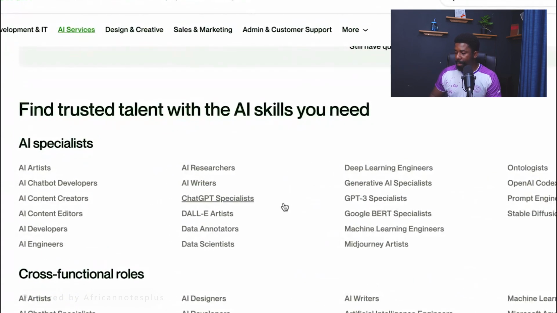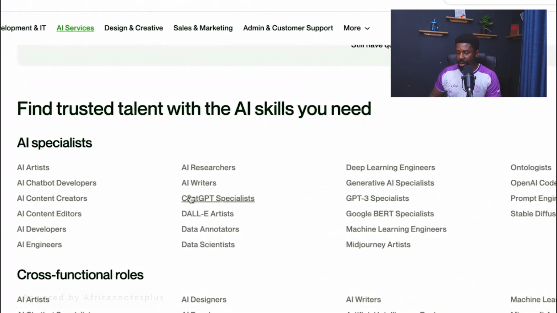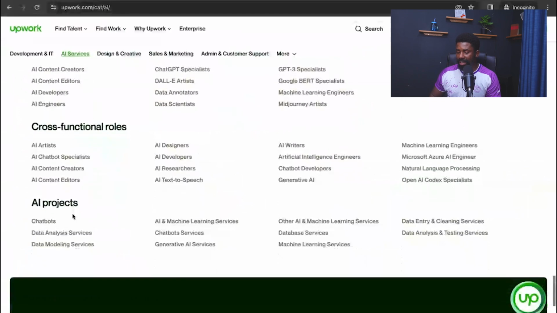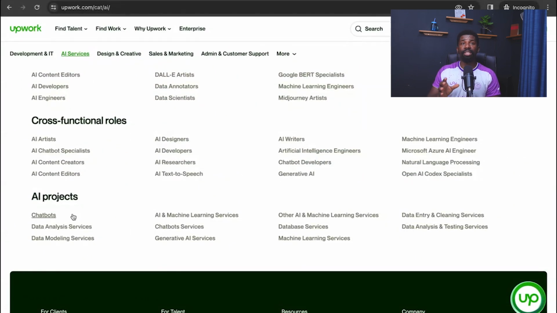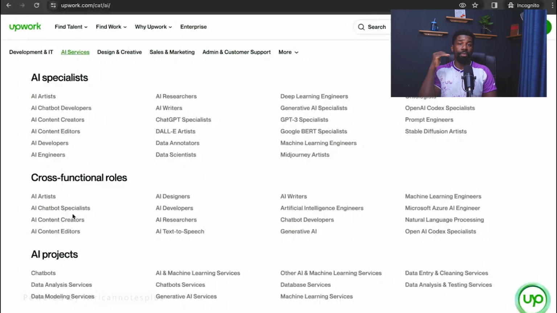So you just need to come here, you search, and then see which area you have a specialty in, and then use that to create your skill set. All right. So you have to have a category, the specific category. So when you have listed all the things that you can do, now you need a category under which you want to put those skills. All right. So you can now come here and look at these categories that we have here to put your skill set.